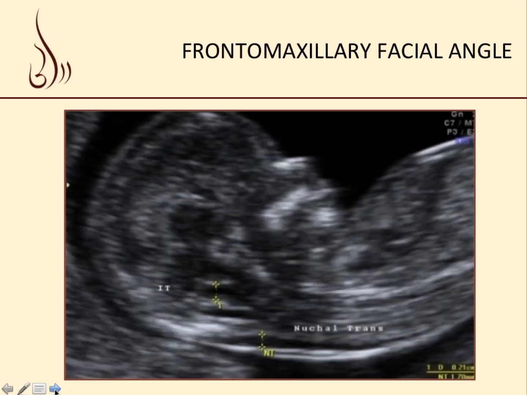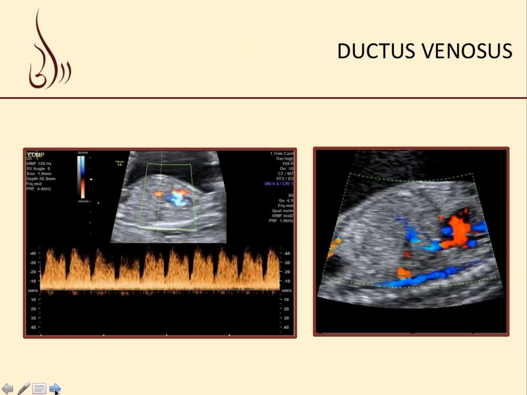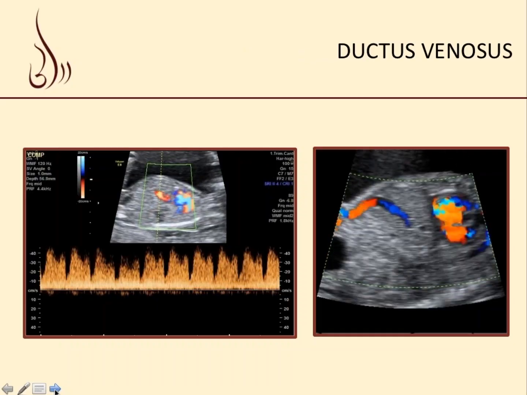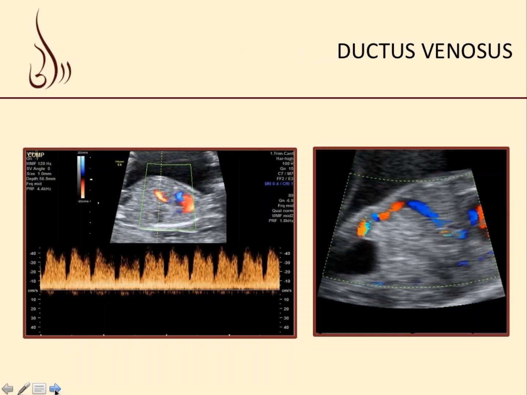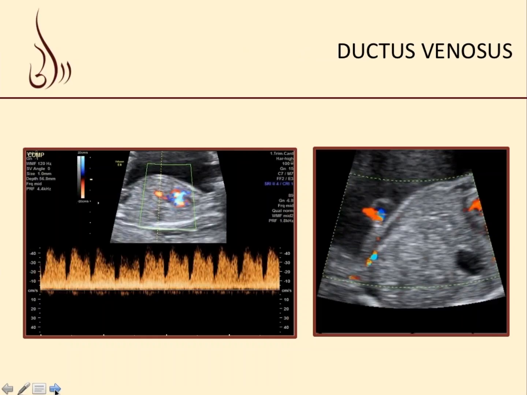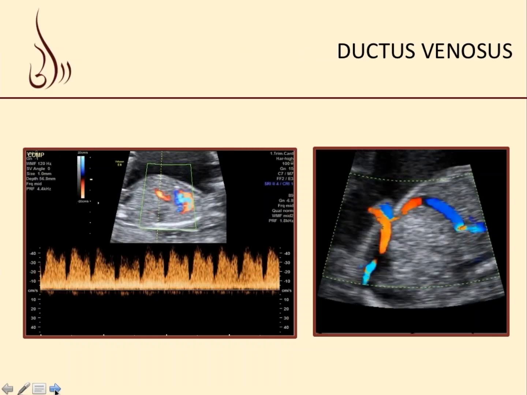The facial angle is not really used routinely much anymore, especially in the era of cell-free DNA, but it is in the same mid-sagittal view where you would place a line along the palate and another line along the frontal bone, and this angle in normal fetuses is about 85 degrees. When you have chromosomal aberrations, there's flattening of the face, and this angle is usually larger. With respect to the vascular view of the mid-sagittal view, this is where we look at the ductus venosus, a marker for cardiac abnormalities,